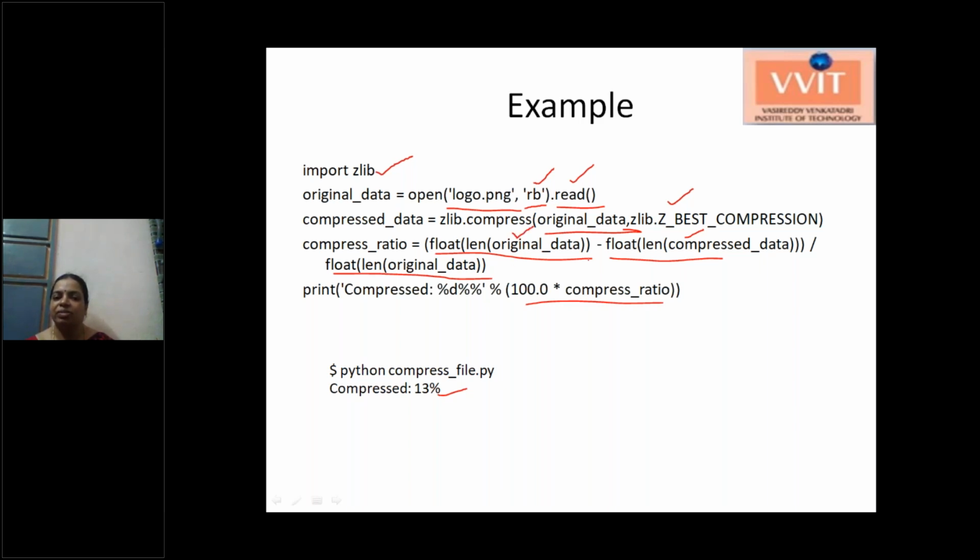So this character stream data is converted to a hexadecimal number so that it reduces the size of the data. This is the example of compressing a file into a smaller size than the original data.